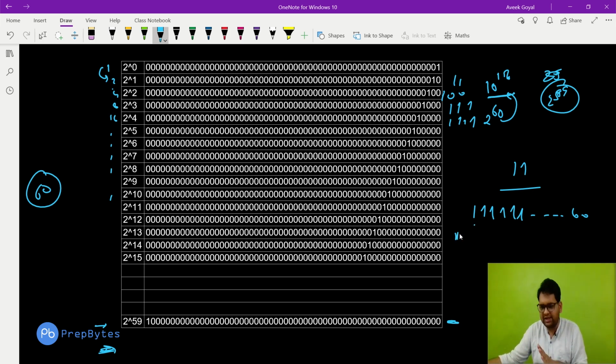I cannot take 2 to the power of 60 because it is beyond the range. 10 to the power of 18 is the largest range and 2 to the power of 60 is more than 10 to the power of 18. Fine. So I cannot increase the bits in a more significant bit position. I will have to take a number that is less than this. We will always get the same OR value. We will not change the OR value. We will not get a unique OR value after this point.